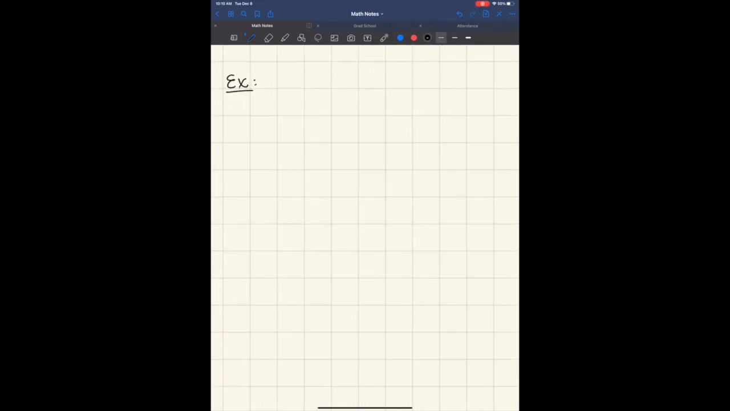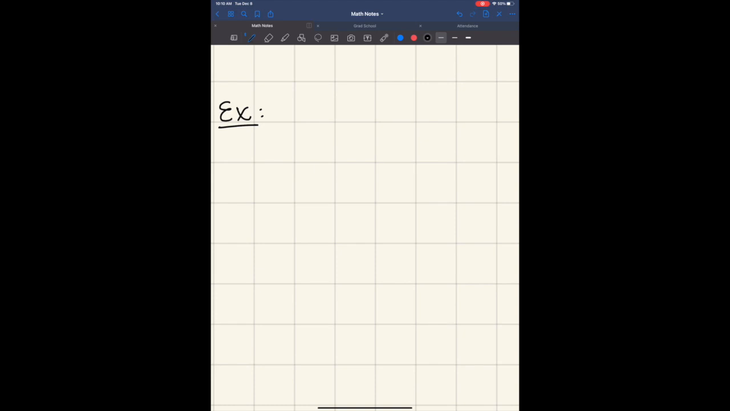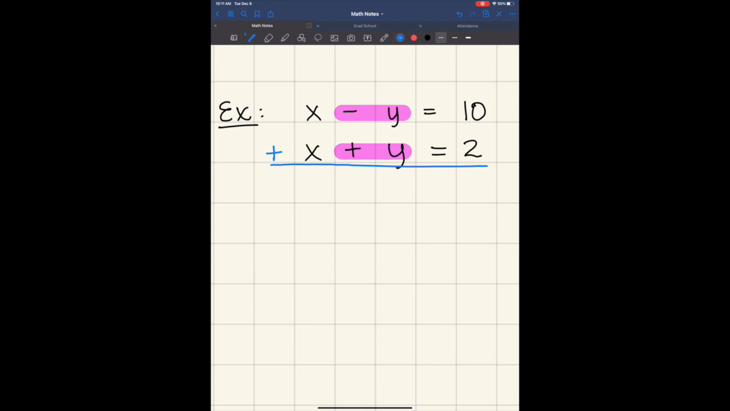So for our first example, we have x minus y equals 10 and x plus y equals 2. I'm lining them up on graph paper so that's easier to see. So I have a negative y and a positive y, so I'm going to add my two equations together, and I'm going to get 2x plus 0y equals 12. That basically got rid of my y's, and now I just have 2x equals 12, so I can solve and